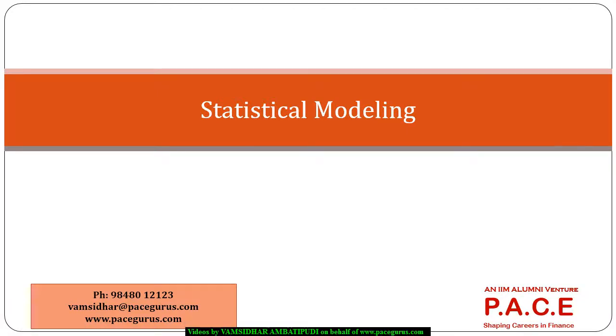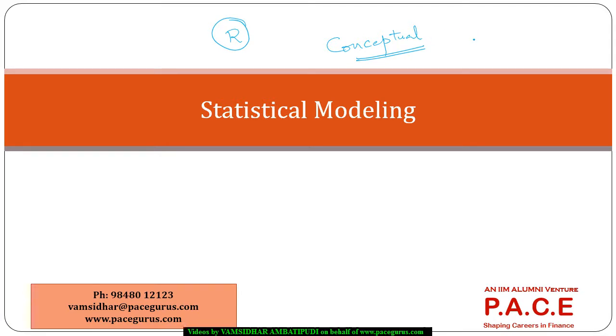In this session, I'll be discussing statistical modeling. Here, I would not be using any R or any programming language per se, but this is more of the conceptual aspects associated with building a statistical model